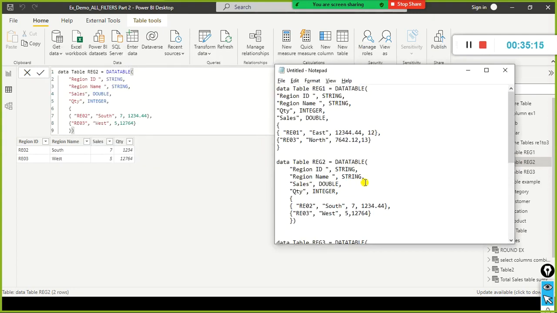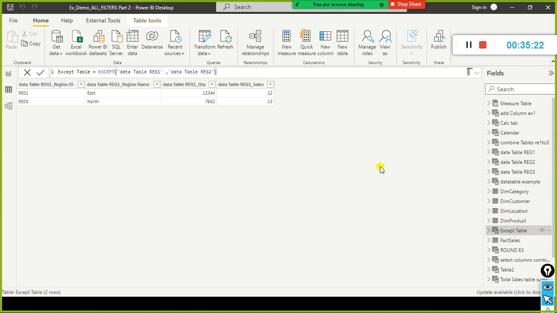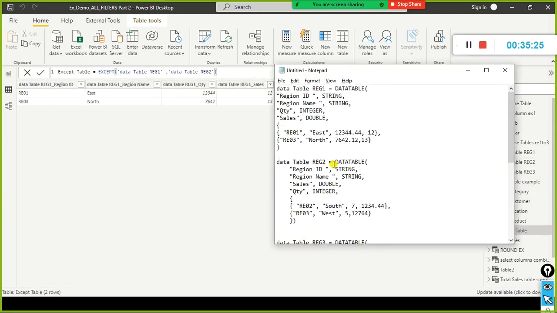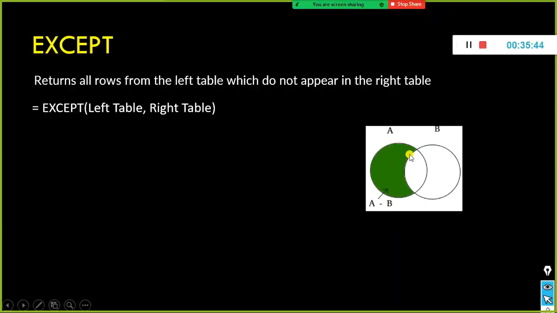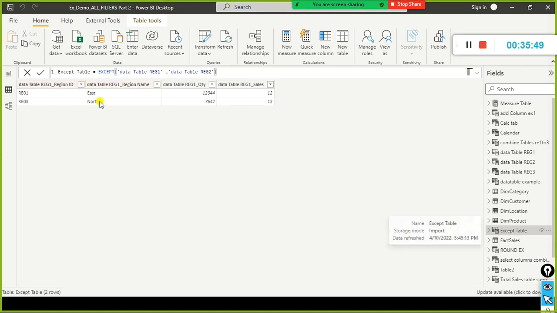So what happens, whatever the values that are there, I just open it. So whatever the RE01 and RE03, look here, there is a difference here, right? RE03 is available in both the data tables, right? But still this value is different, north and west. That's the reason why it is showing it. Whatever the logic, the theory still holds good here,